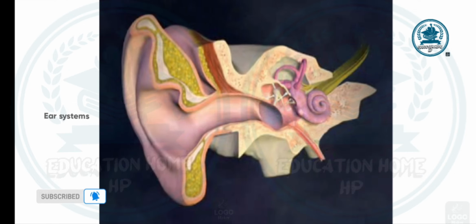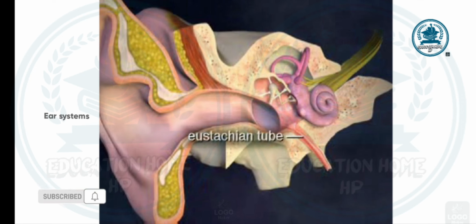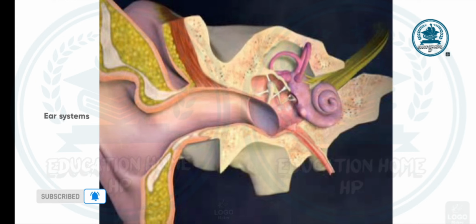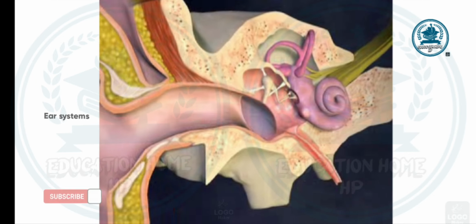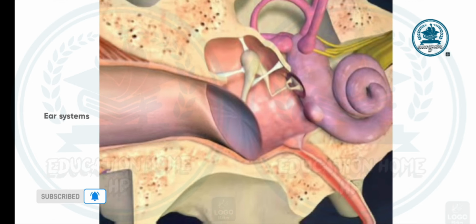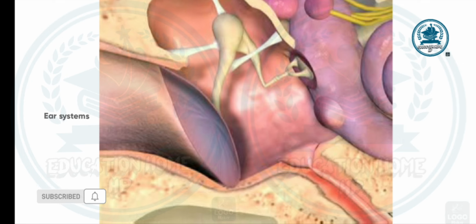The middle ear is an air-filled chamber that is connected to the nose and throat via a channel called the eustachian tube. Normally, air moves through this tube to equalize the pressure in the middle ear with that of the air around us. This is especially important when there are large changes in the external pressure, as in flying or scuba diving. For example, as an airplane rises in altitude,